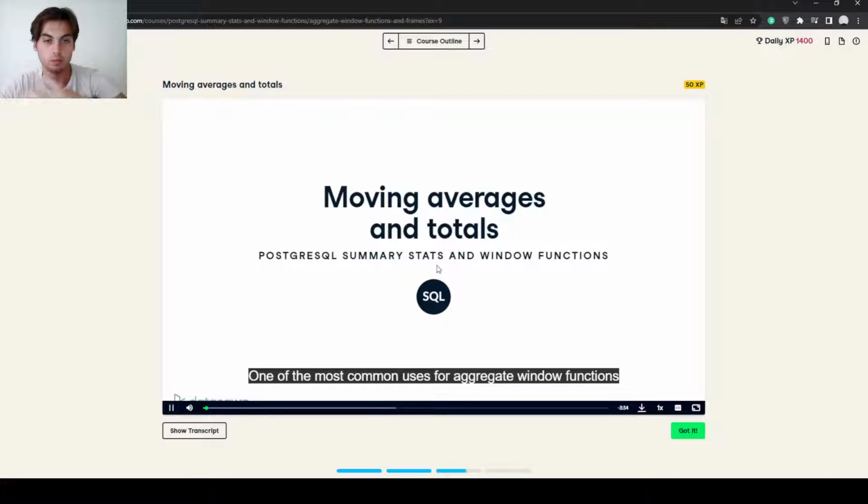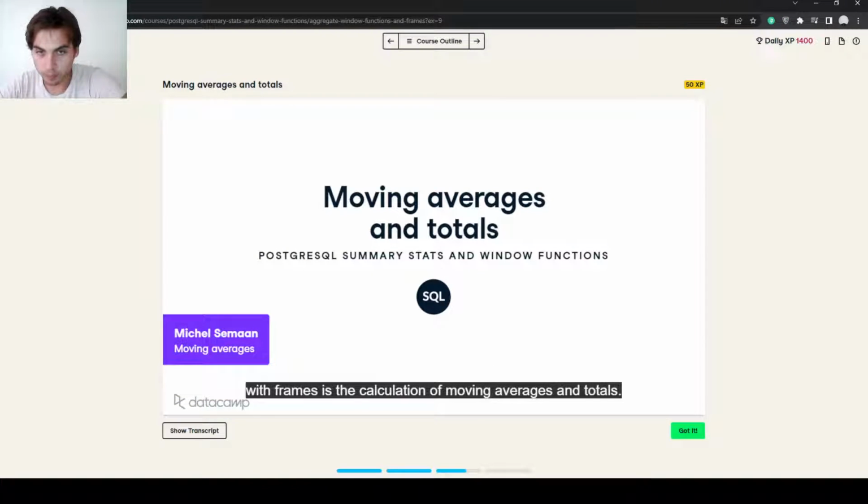One of the most common uses for aggregate window functions with frames is the calculation